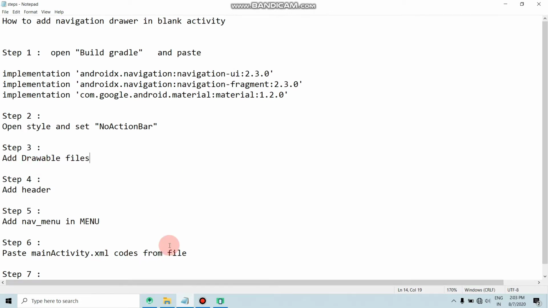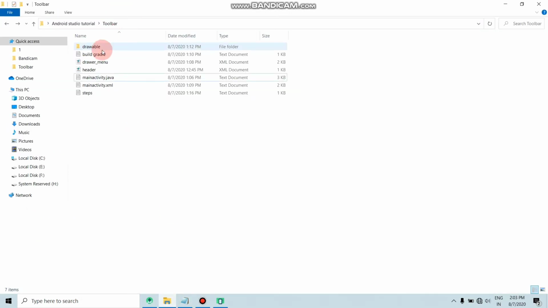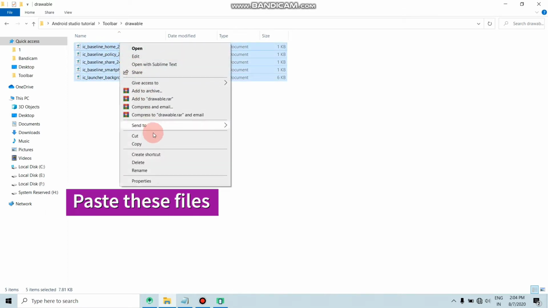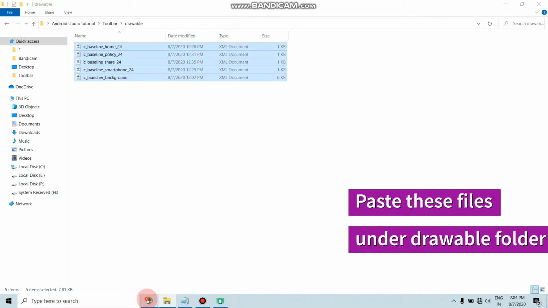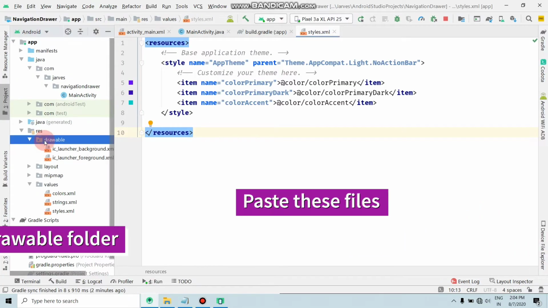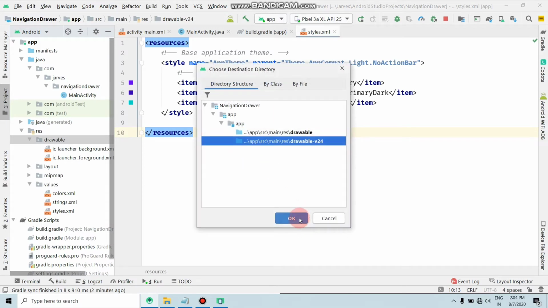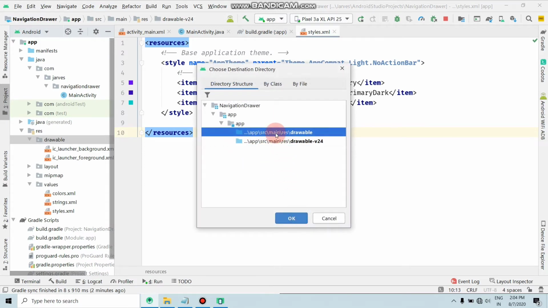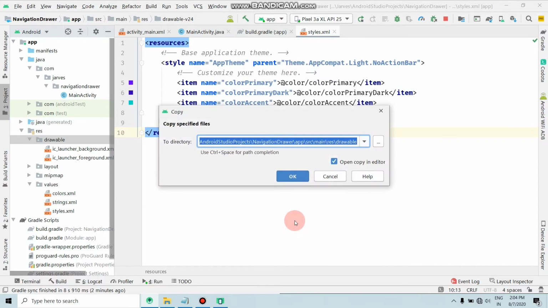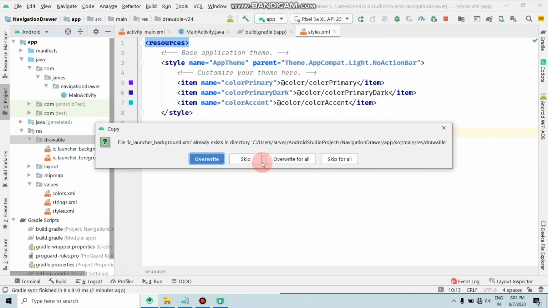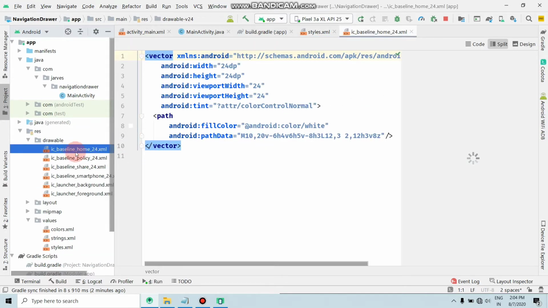So here is the drawable folder, copy all these files and move here and just simply paste here. Click OK, and click on overwrite. Now it's done.